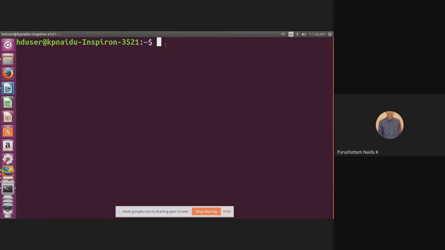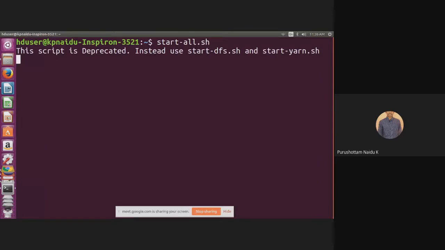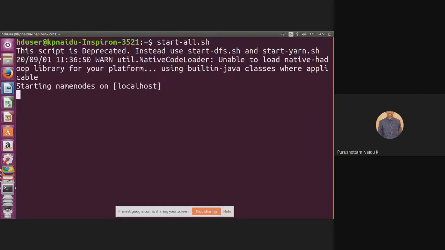Before running this program, first we have to start Hadoop. To start Hadoop, we have the command start-all.sh, which starts Hadoop from the command line. Now it starts Hadoop. It can take a little bit of time, because to start Hadoop we need different components.